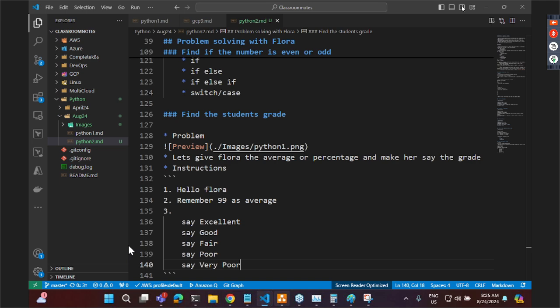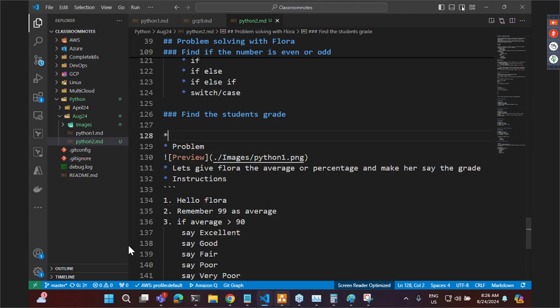So does it need to print all the 5, one or one of these 5? One of these 5. Okay. Right. So what is that I need to do now? So if average, okay, is greater than 90, and let me add some intelligence to Flora now. Flora learned how to combine